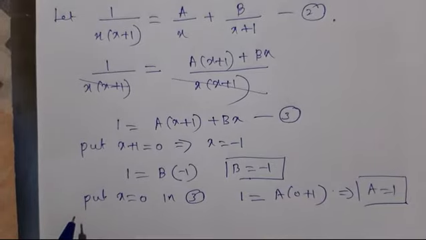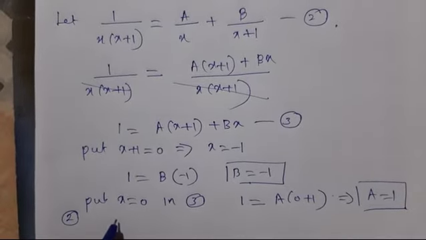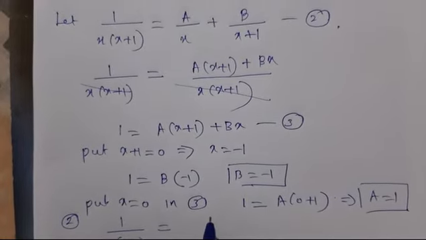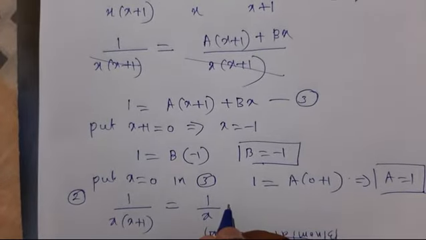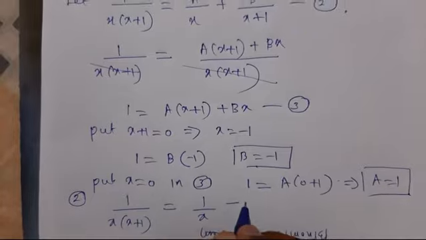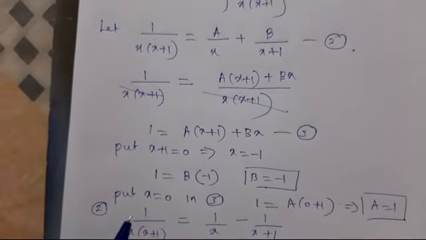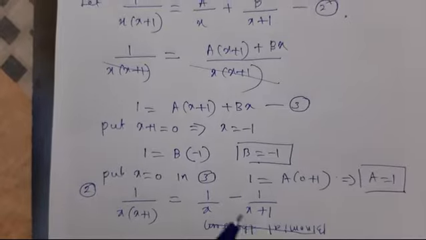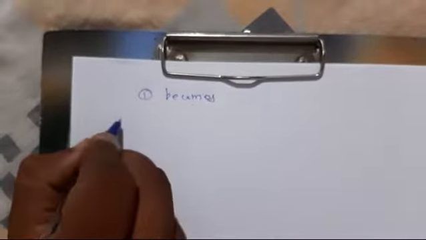So therefore equation number 2 becomes 1 upon x into x plus 1 is equal to a, so I got here a equal to 1, 1 upon x, and b value is minus 1, this becomes minus 1 upon x plus 1. So this is my given integrand. I have resolved this into two parts. Therefore my equation number 1 becomes, so I is equal to